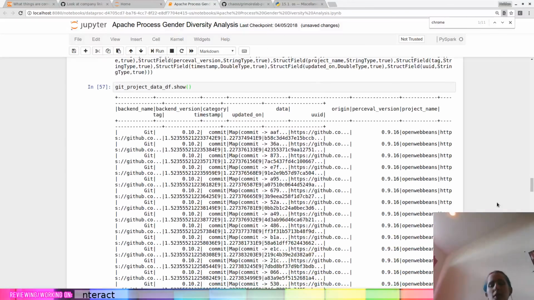There's actually another project which I'm working on where we did a little bit of work to improve table visualization inside of Jupyter Notebooks, because this is ugly. But that is okay. We see a project name and a bunch of other things.